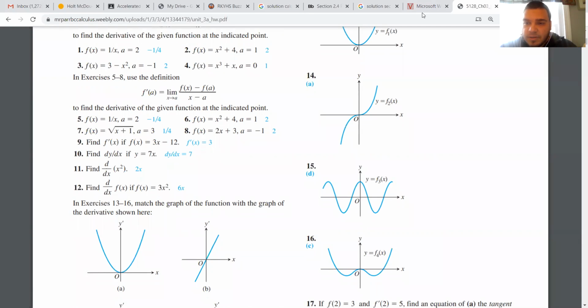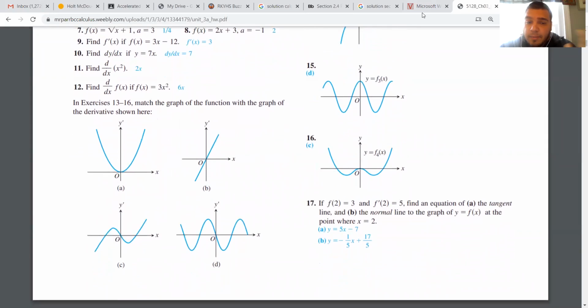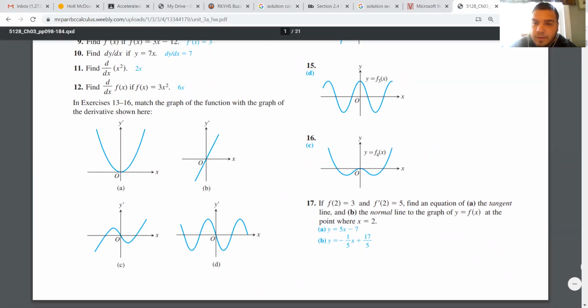Okay. But anyway, so here's the thing. I also want to talk about this. I talked about how the question would look, but I haven't actually done it. This question, if you see over here, asks you to match the graph with the